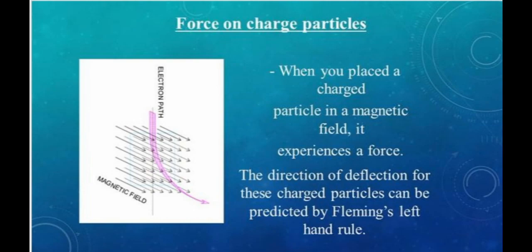So now, how do these charged particles behave? Lorentz found that when a charged particle moves in a magnetic field in a direction other than the direction of the magnetic field, it experiences a force. This force is called the Lorentz force. The direction of this force is perpendicular to the direction of the magnetic field as well as the direction of motion of the particle. Since the direction of positive charge is the same as the direction of the current, the direction of this force is given by Fleming's left hand rule.